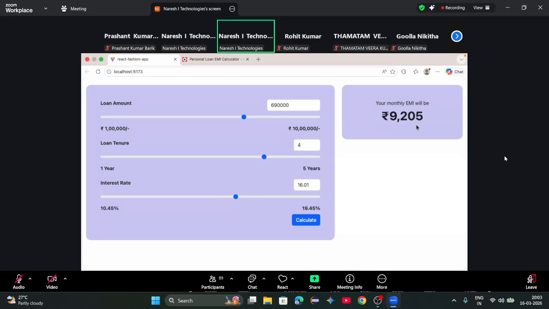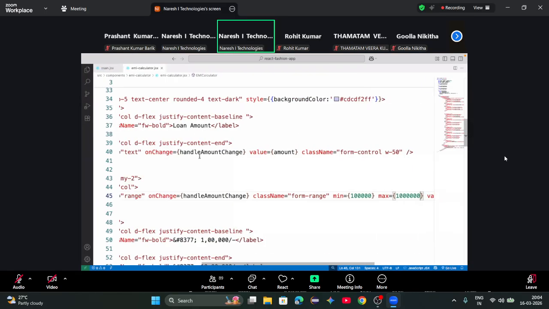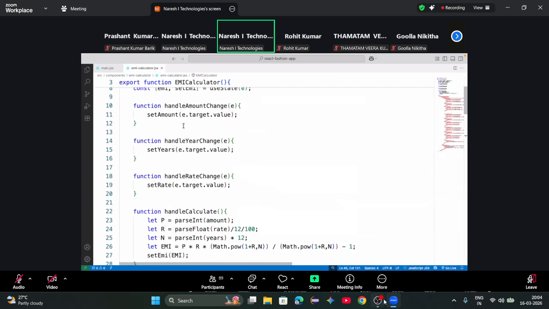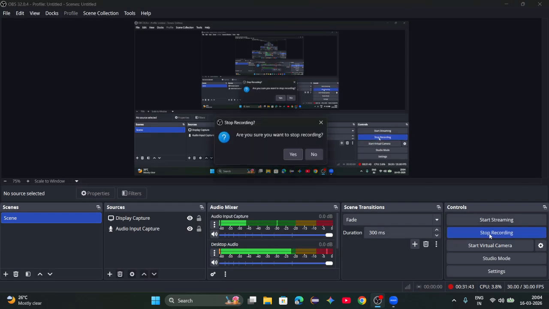And very important, if you want this to happen while changing itself, what to do? If you want this to happen while changing itself, then what to do is here, while changing itself, if you want, that means when amount is changed, you set amount,